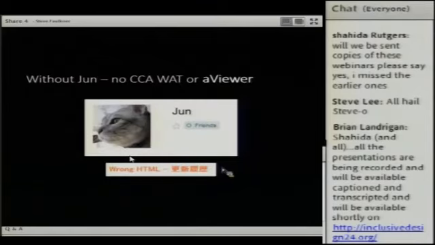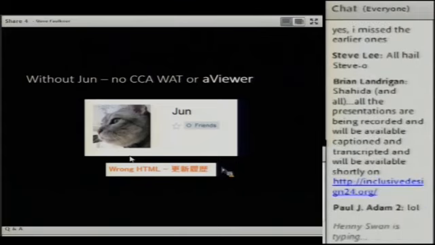So before I go on to looking at the AViewer in more detail, what I would like to say is that there's a guy that I've worked with for the past 10 years now, a guy called Jun, who lives in Japan. He's Japanese. That's probably why he lives in Japan. But I'm not saying that all Japanese people must live in Japan. I have worked with him closely on the development of all the tools that I've worked on, which is the Web Accessibility Toolbar and the Color Contrast Analyzer and the AViewer.